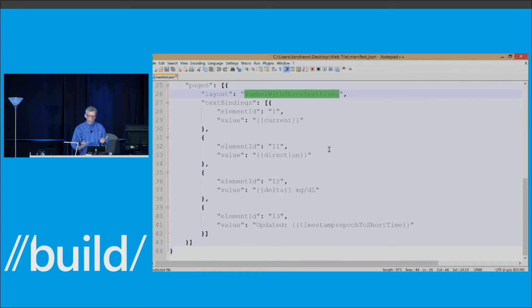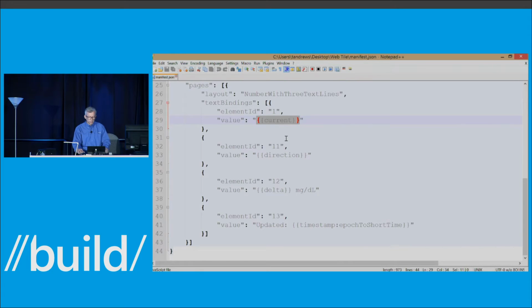We've got a built-in layout that our app just understands natively and will document a set of these. In this case, the thing that Scott cares about most is what is my current blood glucose level. So we'll make that nice and big on the left side of the tile, and then we'll show some of this other information in smaller text fields to the right. So we know the element ID of this is 1, and then what we'll do is set the value just by using this string substitution syntax that we've got here.